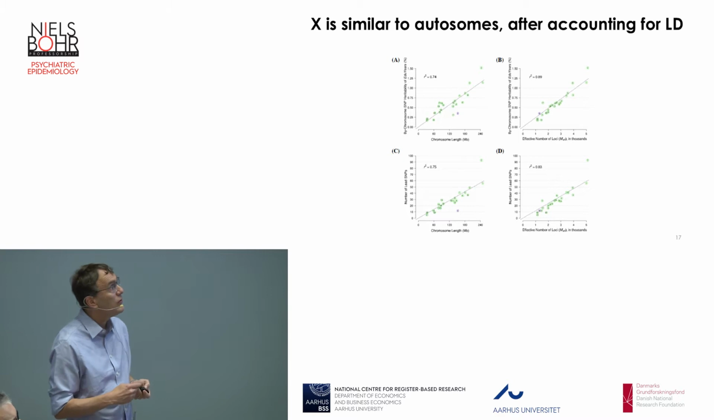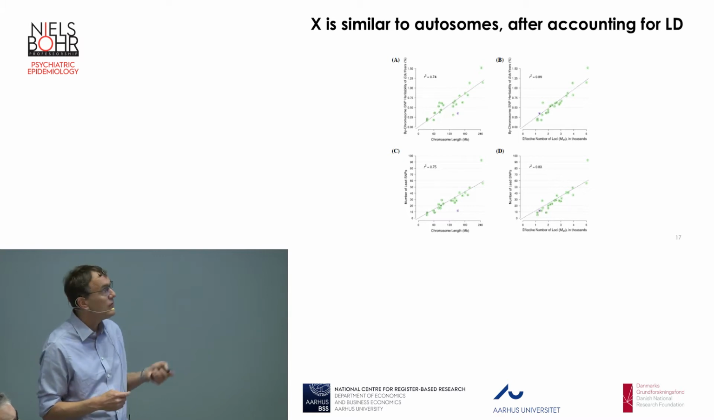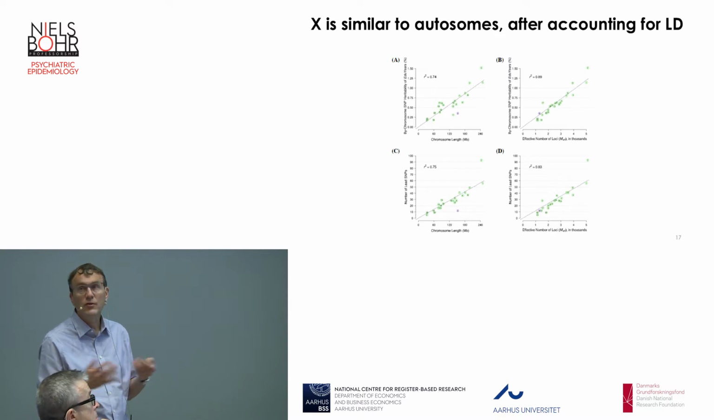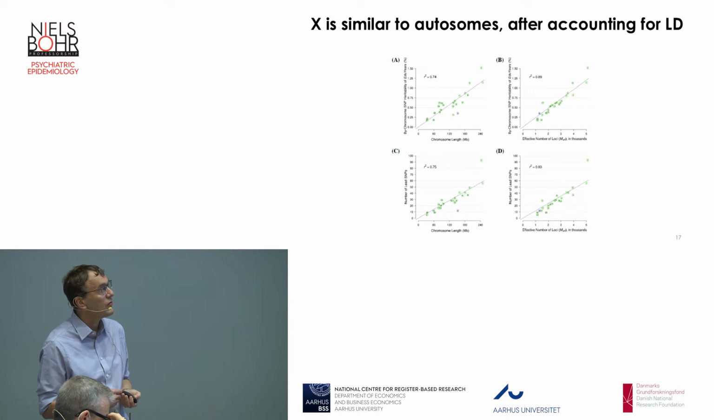So this is just putting all the results together, including the X now. On the left-hand side here, we have on the X-axis the physical length of the chromosome, here the heritability that we estimated on that chromosome, and here the number of lead SNPs that we get from the GWAS. And first of all, the thing to notice, which we've seen from many traits, including psychiatric traits, is there is a strong correlation: longer chromosomes explain more variation, and therefore you find more genome-wide significant